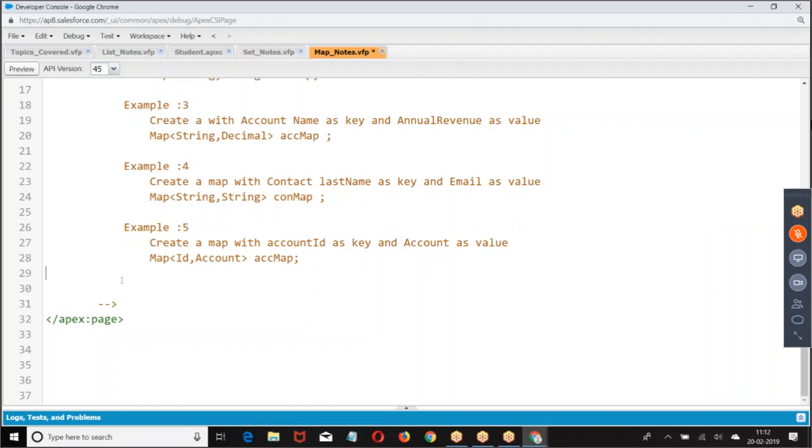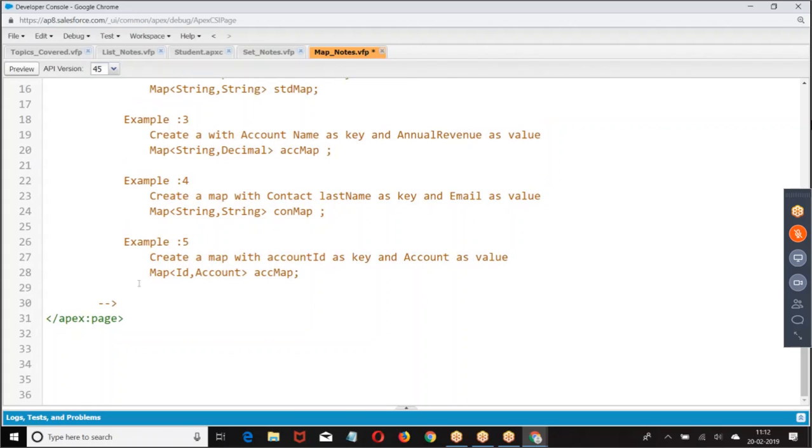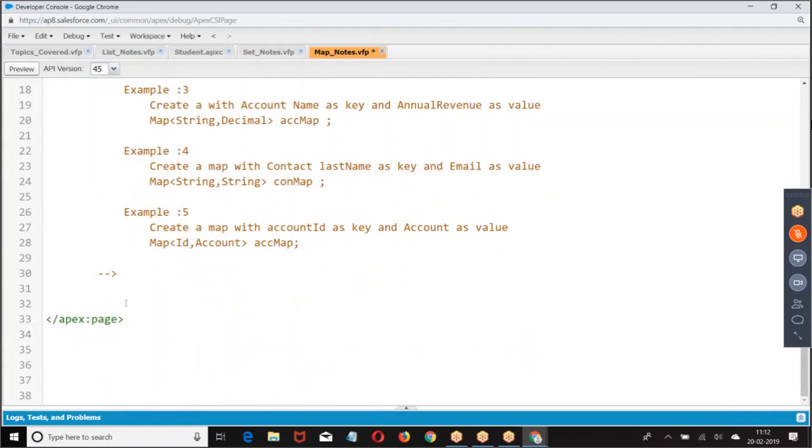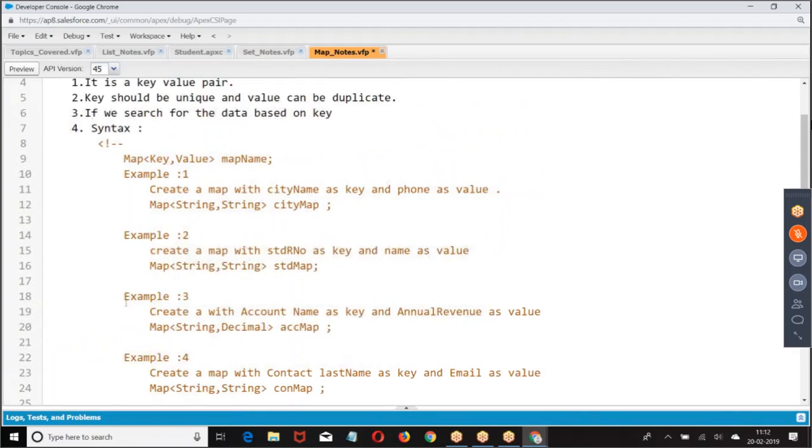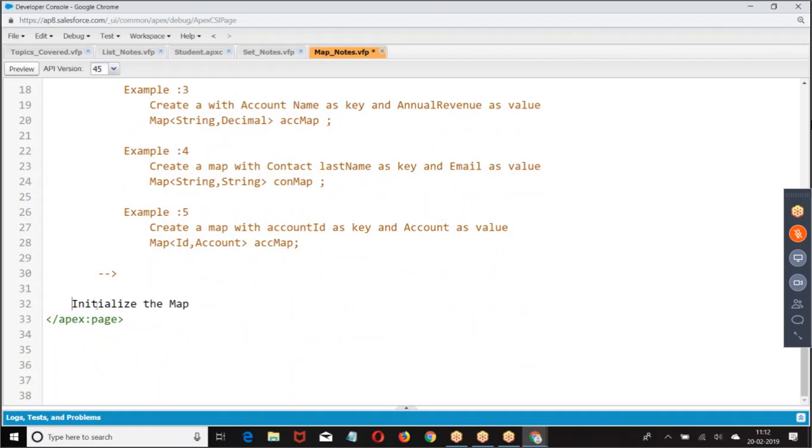Now, how do you initialize it? If you want to initialize the map, how do you initialize?